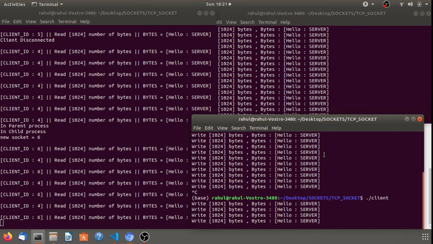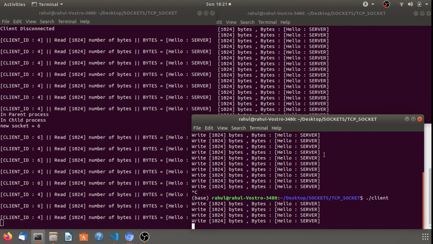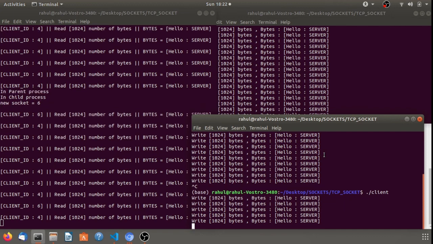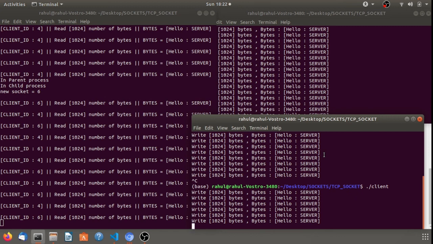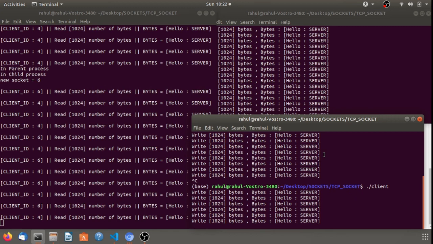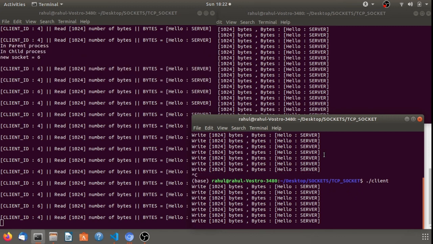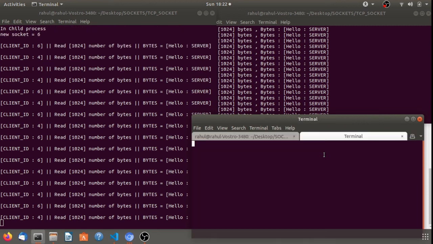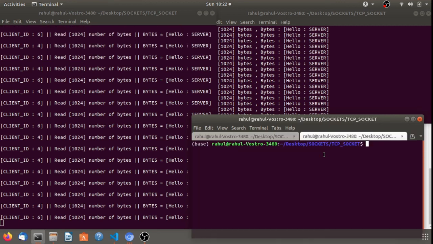So what is the problem with this fork while we are using a multi-client application? Let's have this terminal, and let's run ps -ax | grep server.